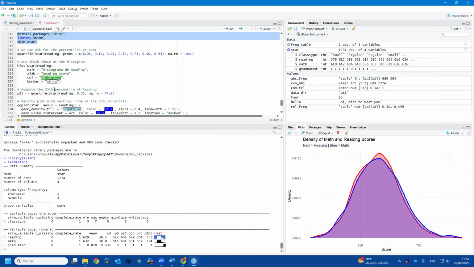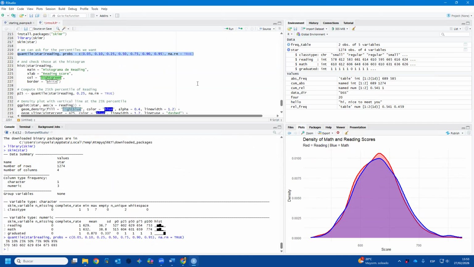What else do we have? What about the quantiles? I not only want the first quartile, the median, and the third quartile. I want more. You want to compute the quartiles? Look, quantile of variable reading. And please, the probabilities are 5%, 10%, 25, 50, 75, 90, 95. You select it, you run it. So for variable reading,